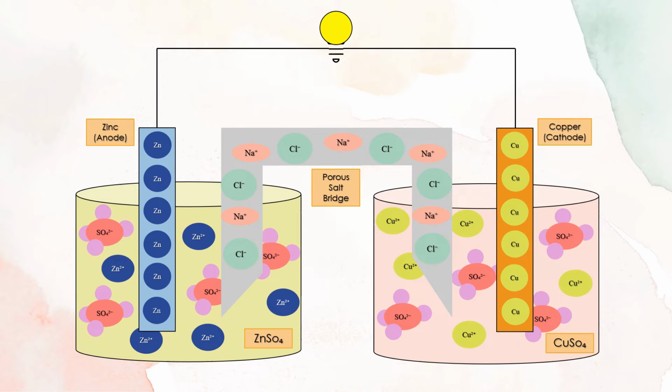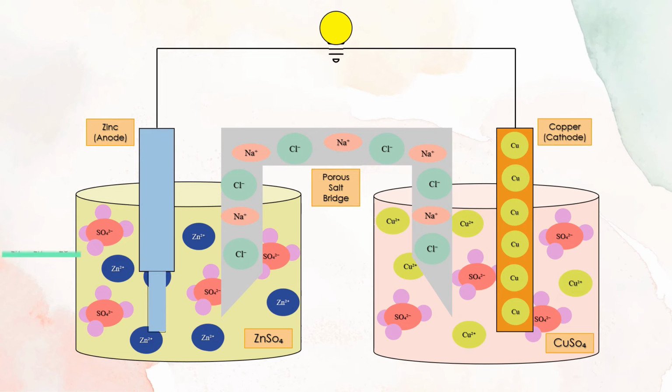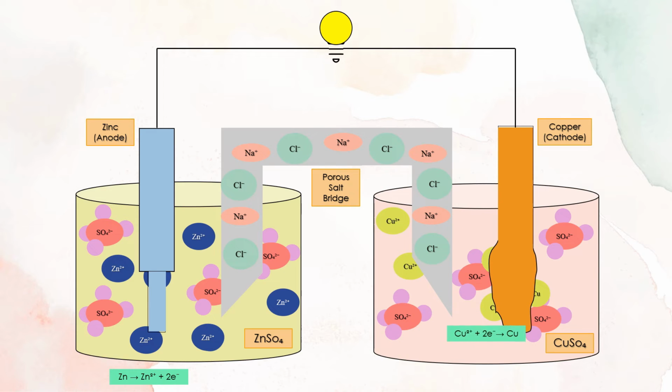Since zinc is a more reactive metal than copper, it is more likely to lose electrons. Thus, the zinc electrode is oxidized, producing a zinc ion and 2 electrons per zinc atom. Copper ions in solution gain 2 electrons and are reduced to copper metal. As the reaction continues, excess positive ions build up in the zinc solution. At the same time, the loss of copper ions from the copper sulfate solution creates an excess of negative sulfate